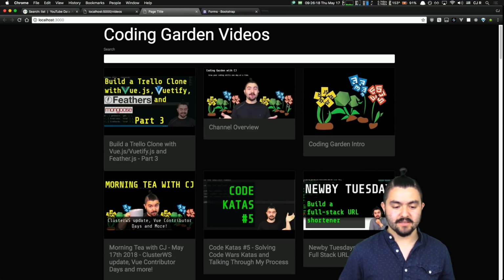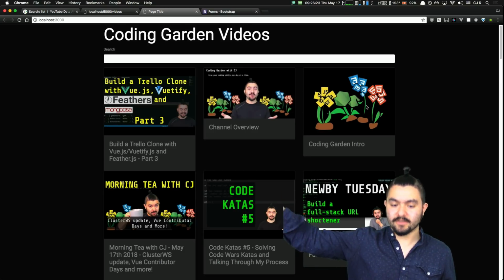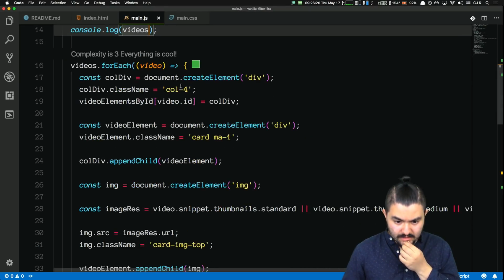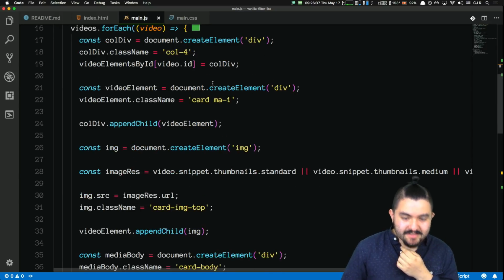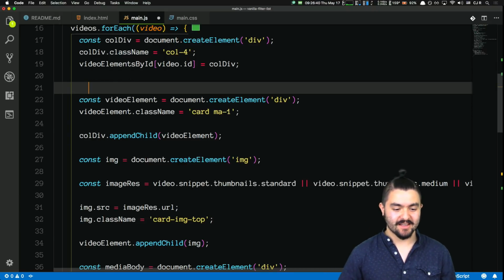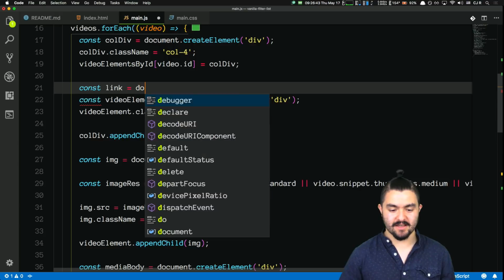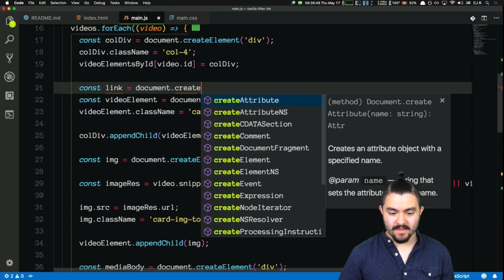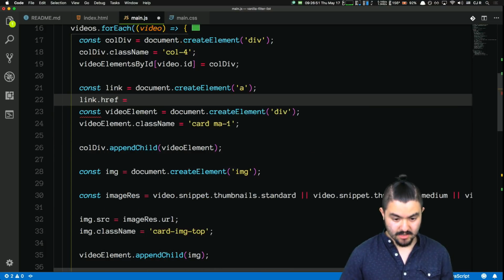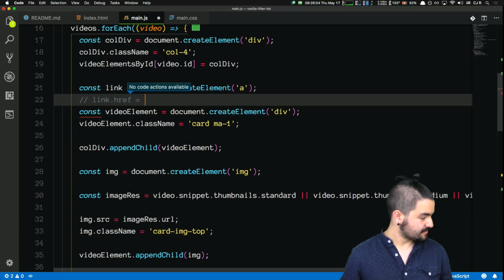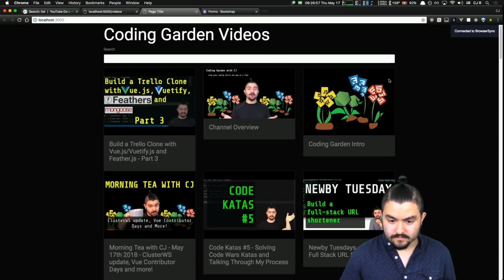Cool. Last thing, let's make it so when you click anywhere on the div, it will link over to the video itself. So here's what we'll do. We really have to create a parent element. Okay, here's what I'm gonna do. I'm gonna create an anchor tag. So say link is document.createElement, this is gonna be an A tag, and we're gonna say link.href is, oh no, I forgot what it was. It is